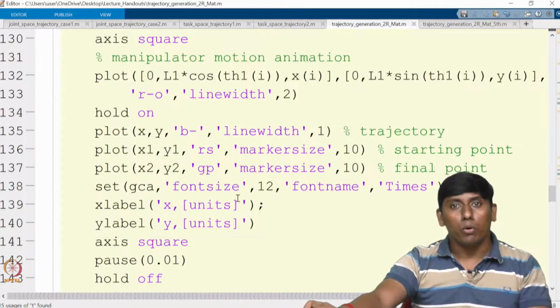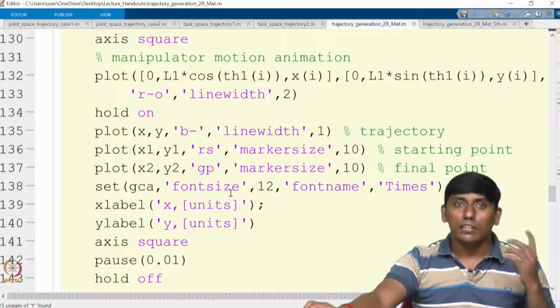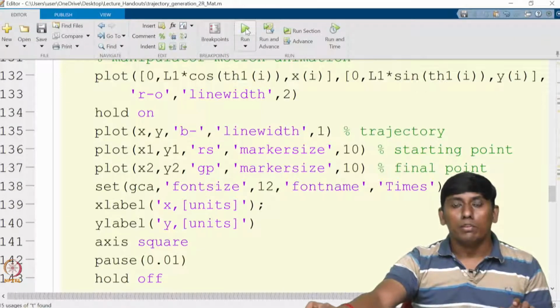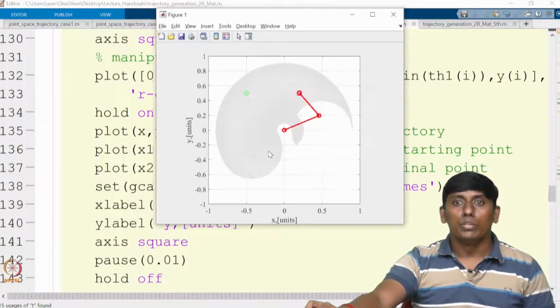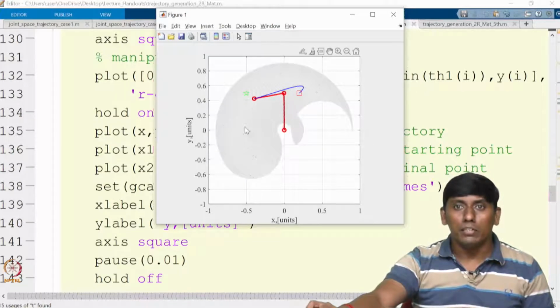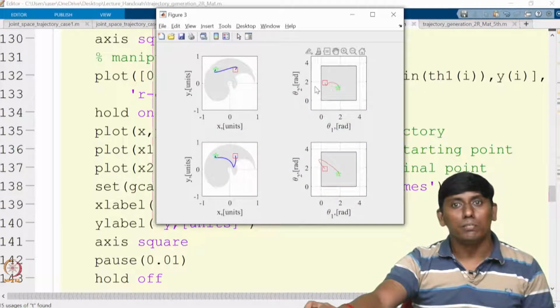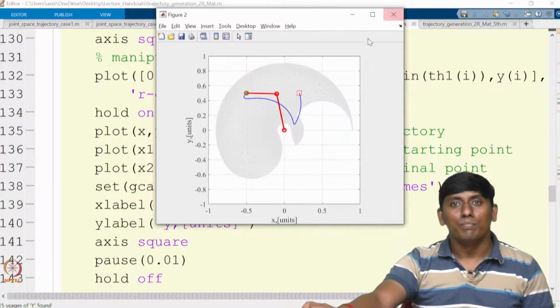Then I have tried to plot it. First I will run this, then we will go back wherever clarification is required. So first I run this. You can see this is the workspace, and based on the given condition, the task space trajectory and joint space trajectory are giving some kind of peculiarity. That is what we are trying to see.